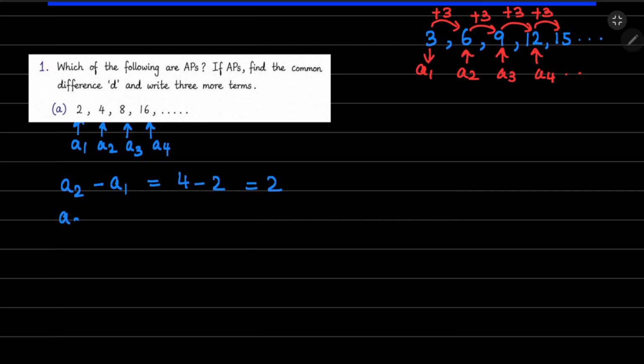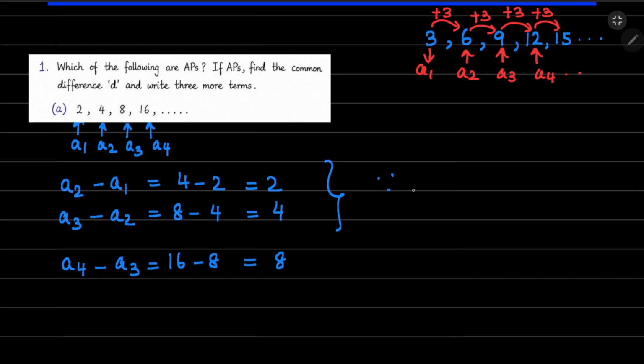What is the third term minus the second term? It is 8 minus 4, which is 4. Now here itself, you can see that the difference is not common. It's not equal. You can even try the fourth term minus the third term, which is 16 minus 8. You're getting 8. So you can write that since